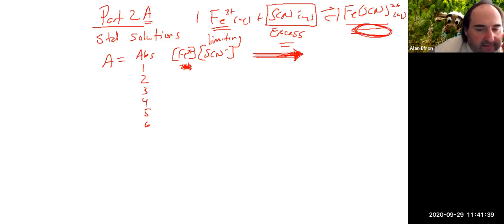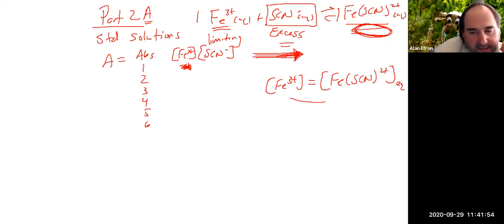And in the sense of this first part, the concentration of iron 3 will equal the concentration of our product at equilibrium. So in this first part, the way it's set up, that is the deal. So our initial concentration of our iron 3 will equal the product concentration because of the way this thing was set up. And what you're going to do in part A is essentially make a standard curve where